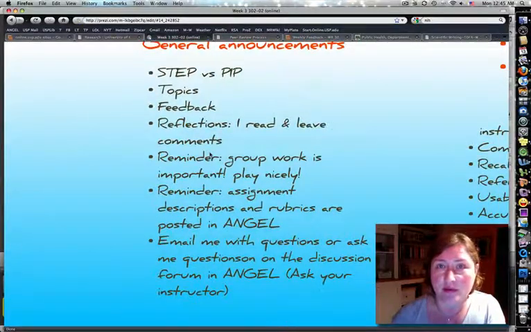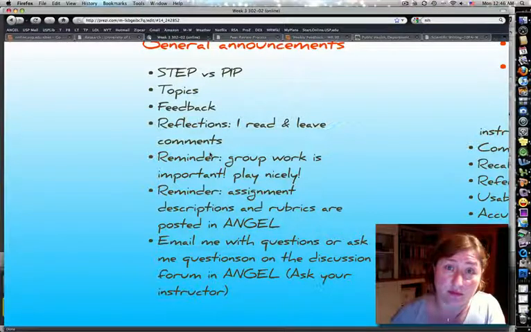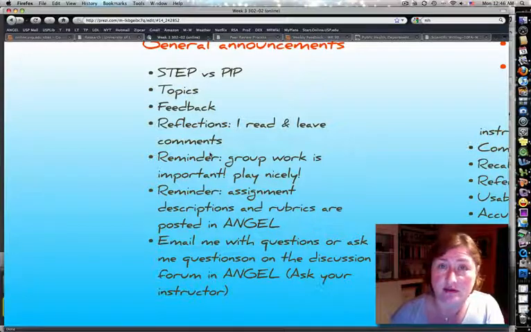First of all, I was very happy to see that most of you correctly identified the more reliable of the two studies I posted. The STEP study indeed is the more reliable one because of its design. It has a larger, representative sample. It has lots of controls. It is randomized, double-blinded, and statistically sound. The other one has a very small sample with a lot of selection bias, has no controls whatsoever, and it's not clear how the measurements are done. And there's a host of other reasons, but in general, you got the gist of it, so great job on that.